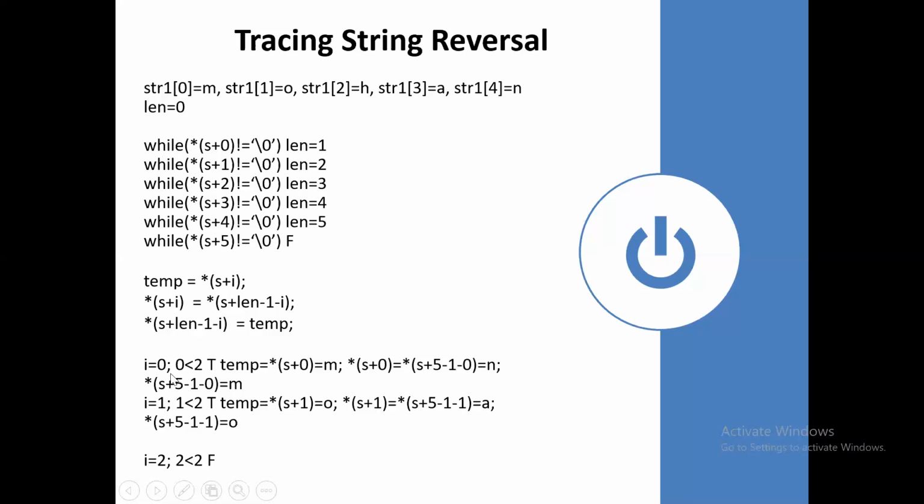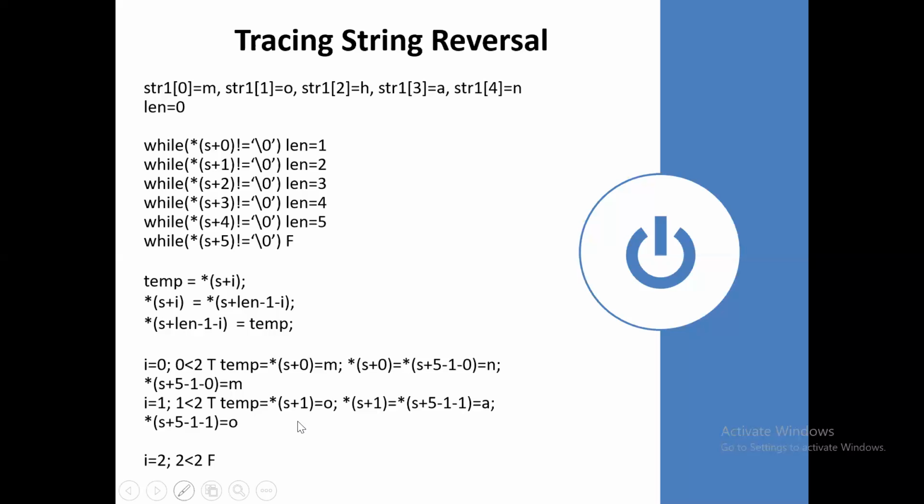Here in the for loop, i is assigned 0, starting from 0, less than length divided by 2, that is 5 divided by 2. Here I declared i as an integer, so 5 divided by 2 is 2 point something. Since the data type is integer, the value is only 2, there is no decimal part.